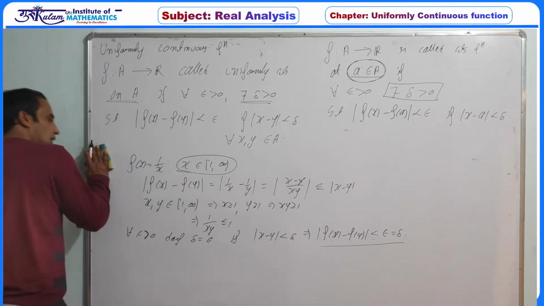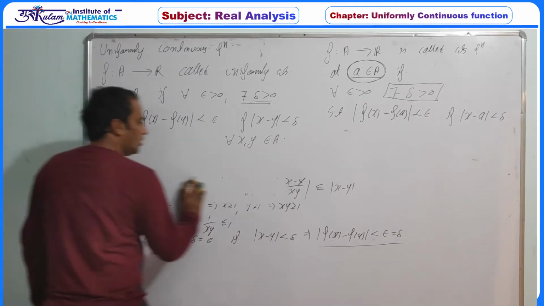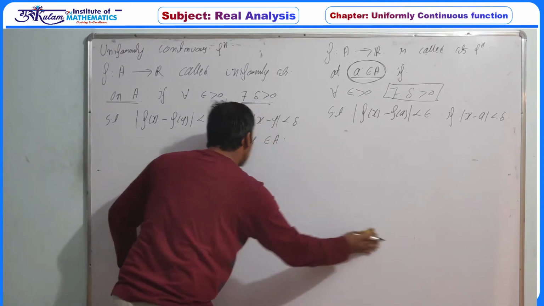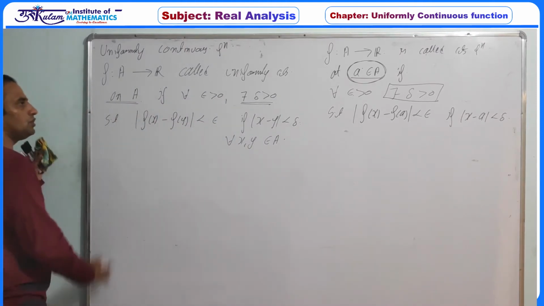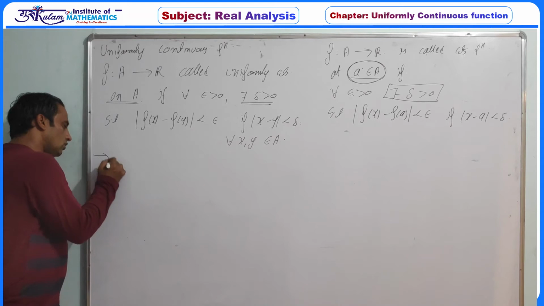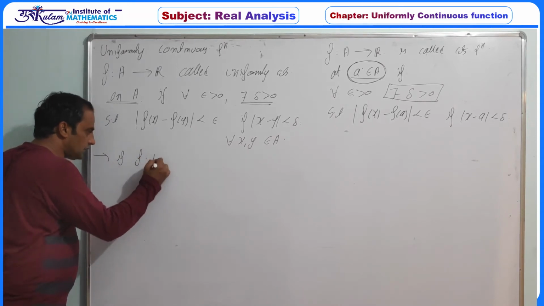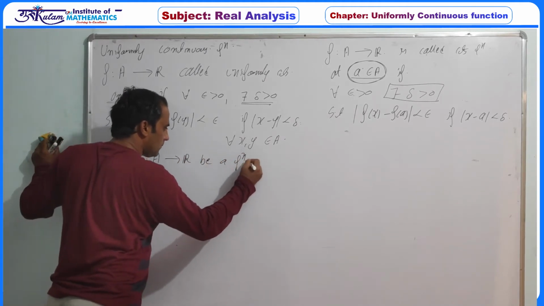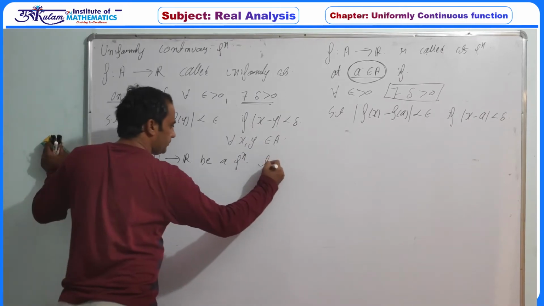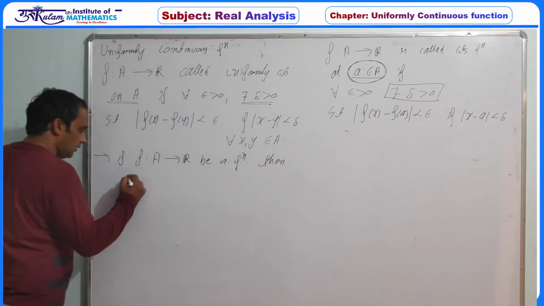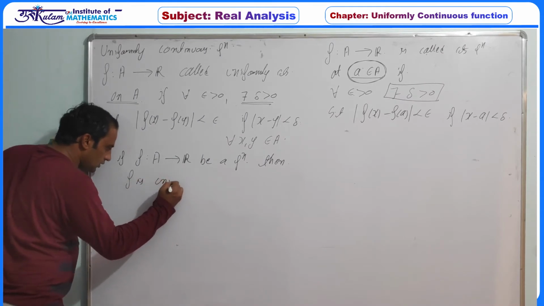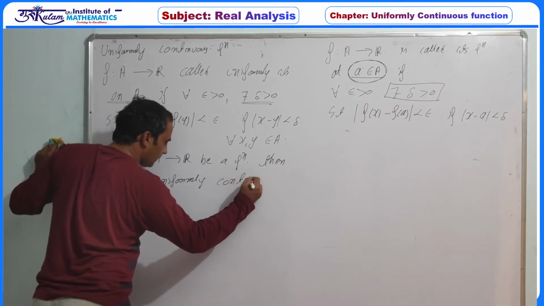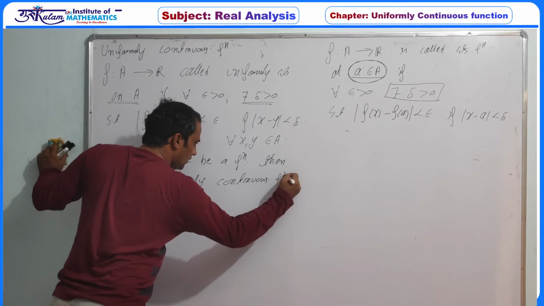Now the sequential criterion for a function to be uniformly continuous. So how to prove it with the help of a sequence? The necessary and sufficient condition for a function to be uniformly continuous: if f is a function defined from A to R, then f is a uniformly continuous function on A